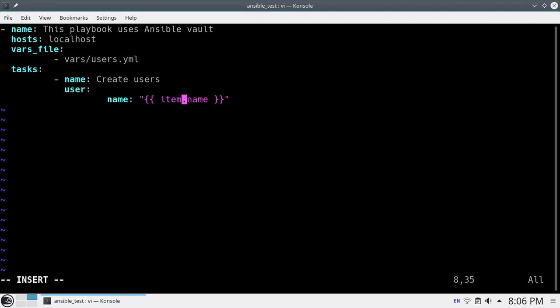So we will use the with_items option so that it will be an array of variables. Then password, we'll put item.pw, then we will hash it with password_hash,